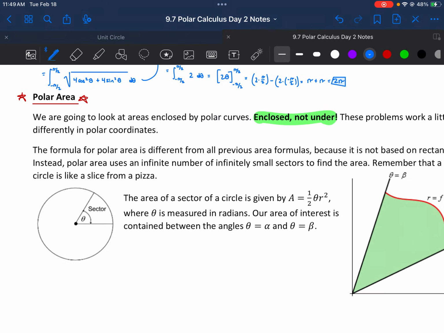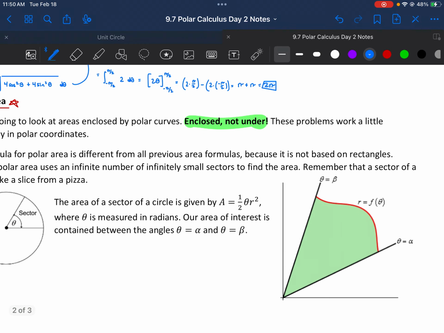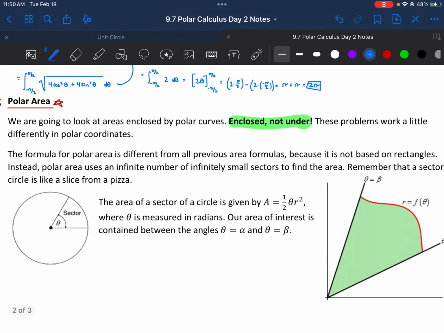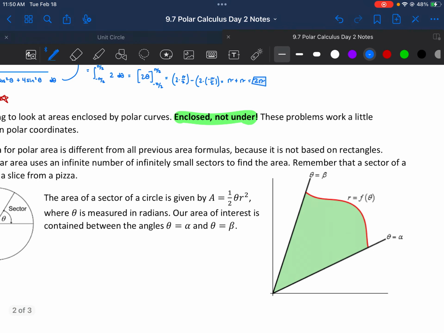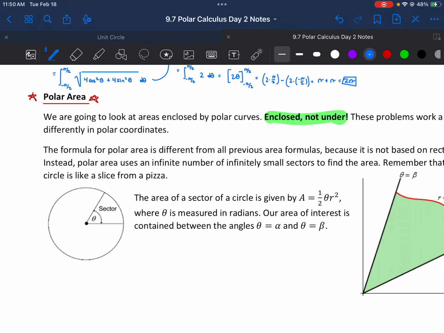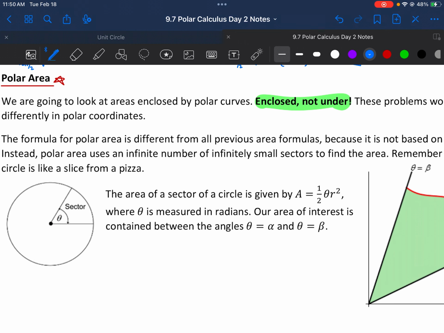The formula for polar area is different from all our previous area formulas because it's not based on rectangles. It's based off of sectors. Okay, it's based off of sectors. Polar area uses an infinite number of infinitely small sectors to add them together and find the area. Remember that a sector of a circle is like a slice of a pizza. Okay? And I believe when you took geometry, you looked at areas of sectors. Okay? So the area of a sector of a circle is 1/2 theta r squared, where theta is measured in